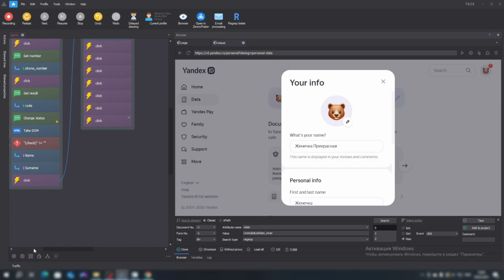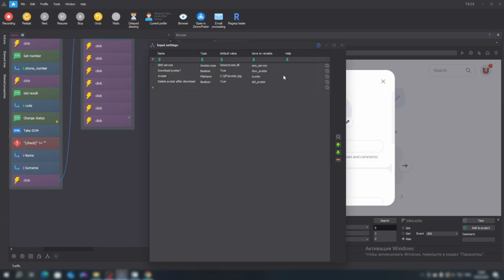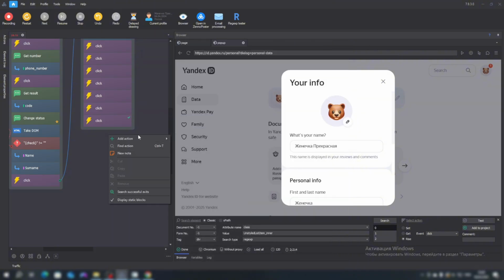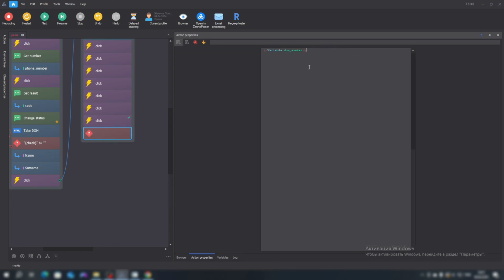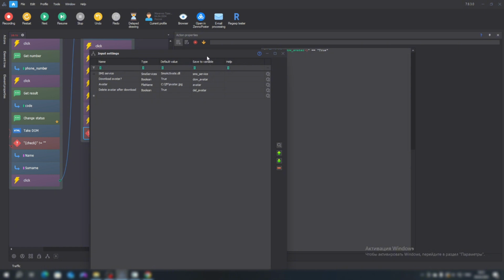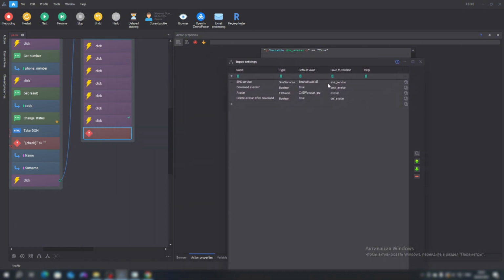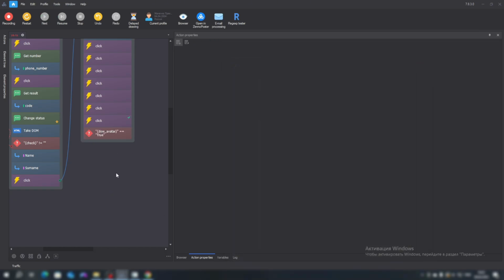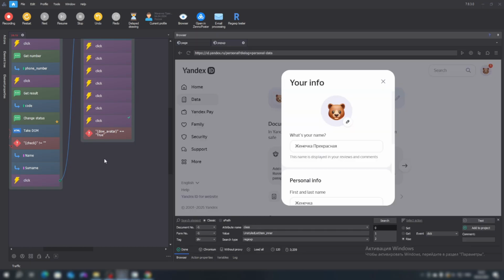First, we need to perform a condition check. Did we check the box in the script settings that the avatar needs to be set? For this, we go to If Logic, insert our variable set avatar. We enclose it in quotes and compare it with the value true. Take into account the case, because in the profile settings, the value true is written with a capital letter and should also be compared with a capital letter. If it is written with a lowercase letter, errors will occur. And if we have checked the box, it will follow the green path and we will set the avatar.